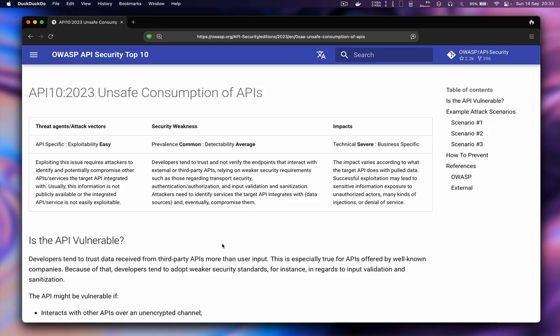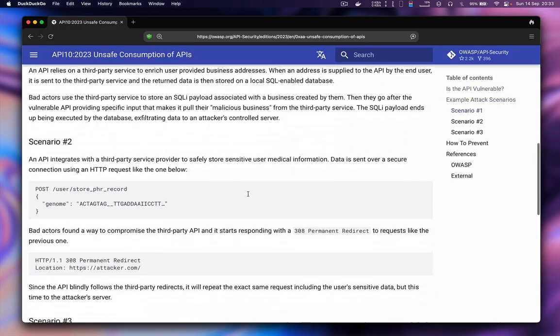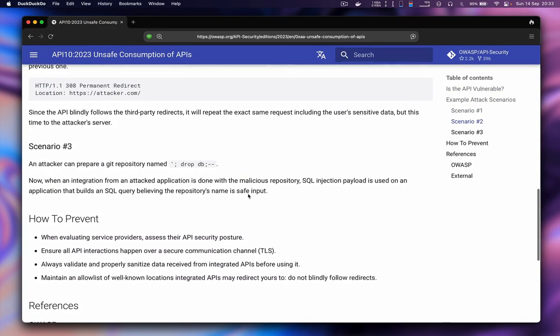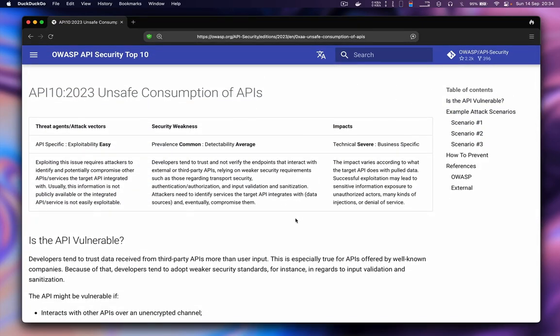Why? Because if my API is interacting with third-party APIs without a proper security mechanism, it could lead to authentication bypass, authorization misuse, leading to privilege escalations and whatnot. There might be n number of scenarios. Some of the scenarios are listed in this application, like what the scenarios could be and how the attack would happen. We will have to focus on such scenarios,